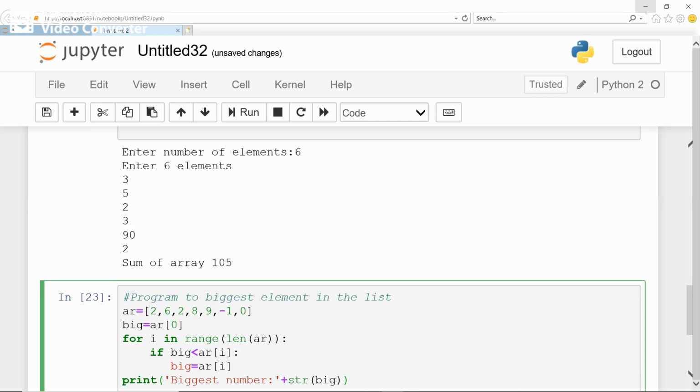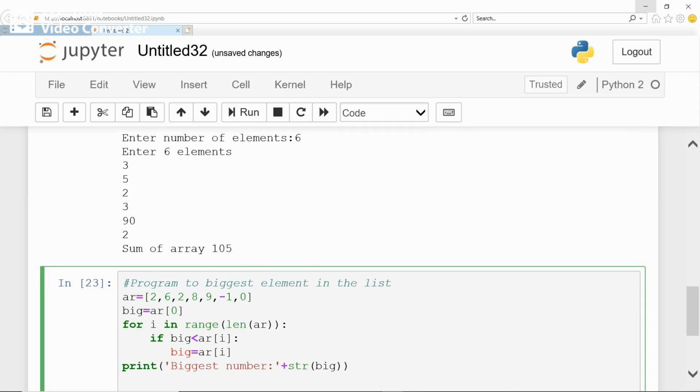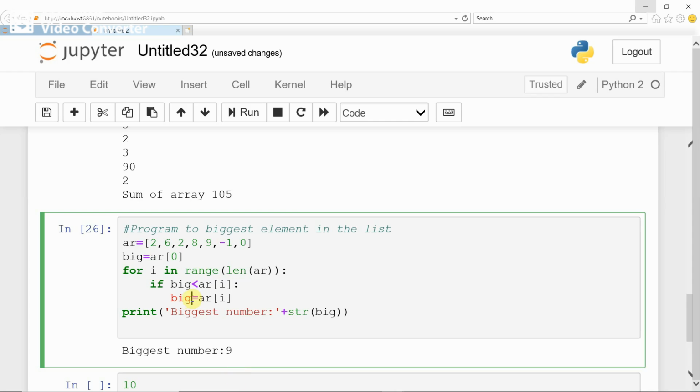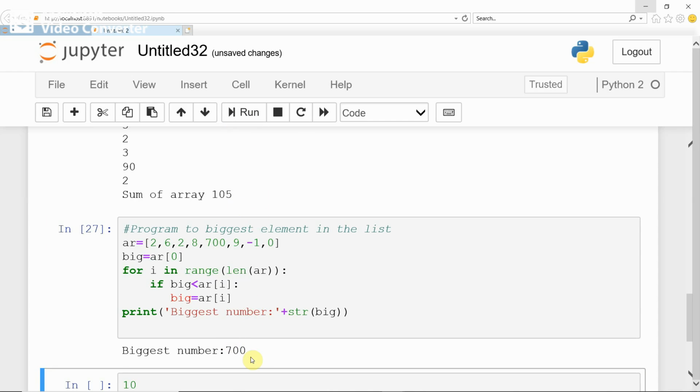Now if you try to execute, it displays the biggest number 9, and you know that big has the biggest element. If you change any element here, for example if you insert element 700 inside the array, it displays the biggest element as 700.